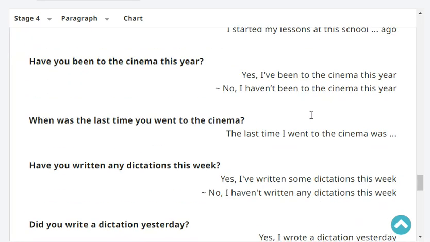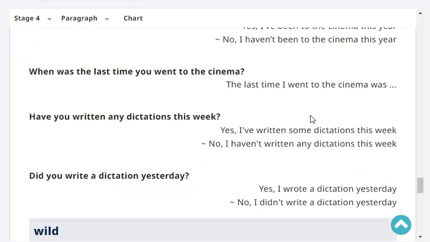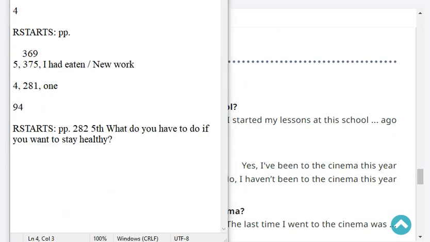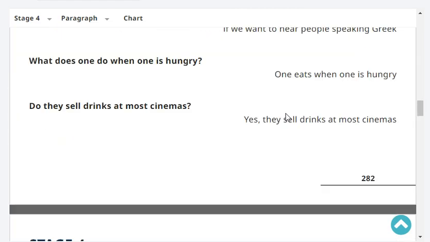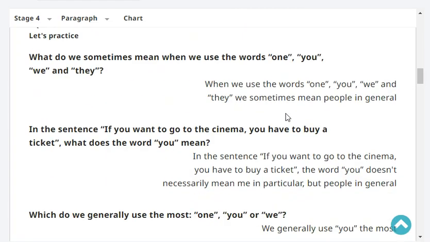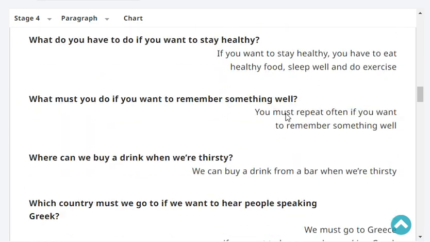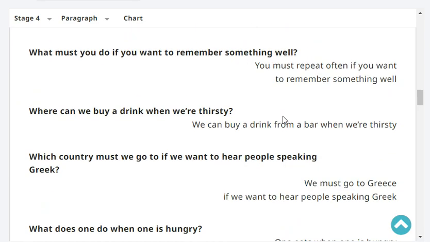If we want to stay healthy, you have to eat healthy food, sleep well, and do exercise. What must you do if we want to remember something well? You must repeat often if we want to remember something well. Where can we buy a drink when we are thirsty? We can buy a drink